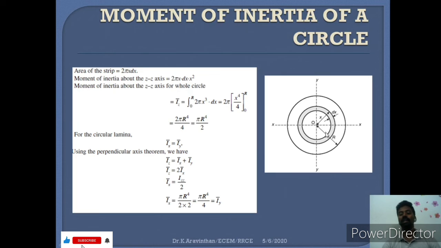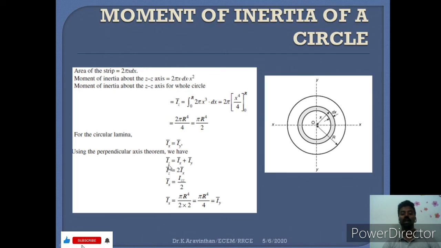Why have we considered the radius direction? How to find the moment of inertia of x and y plane? What you have to do, you have to use the perpendicular axis theorem. The object is symmetrical about x and about y axis. If you cut the object along the y axis, the same shape will be seen here, and also if you cut the object along the x axis, you can see the same shape both in top and bottom. So that is why it is symmetry. So you will be getting the same answer for Ixx and Iyy.